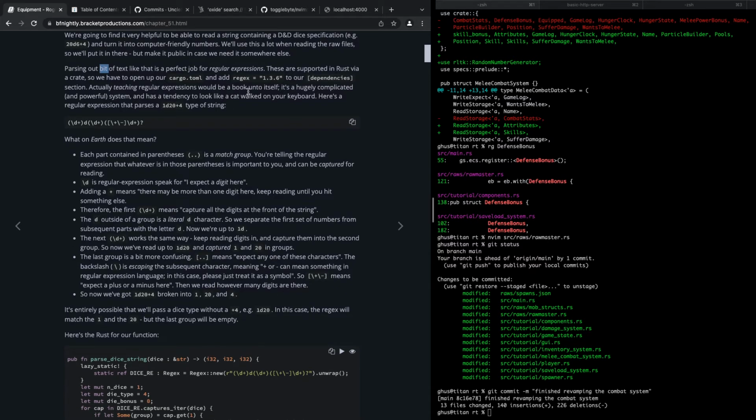Actually, teaching regular expressions would be a book unto itself. But meanwhile, we're going to do this. Fortunately, I already know regular expressions, so